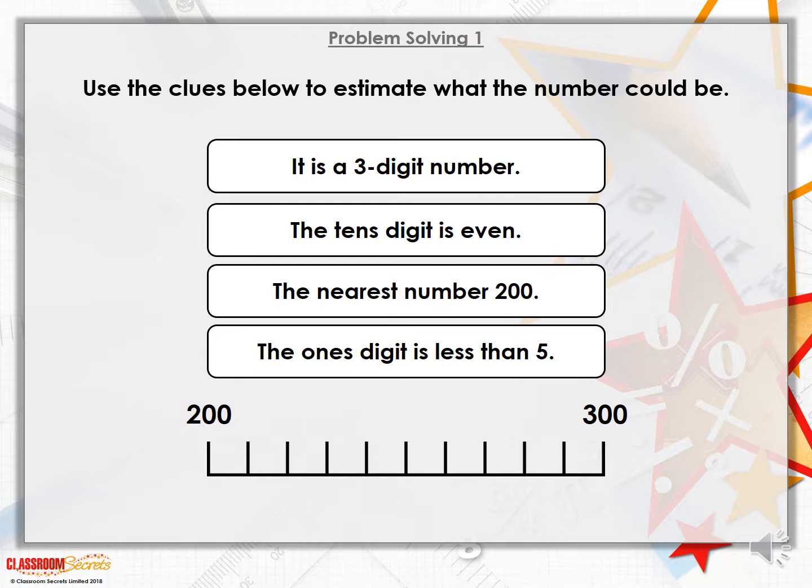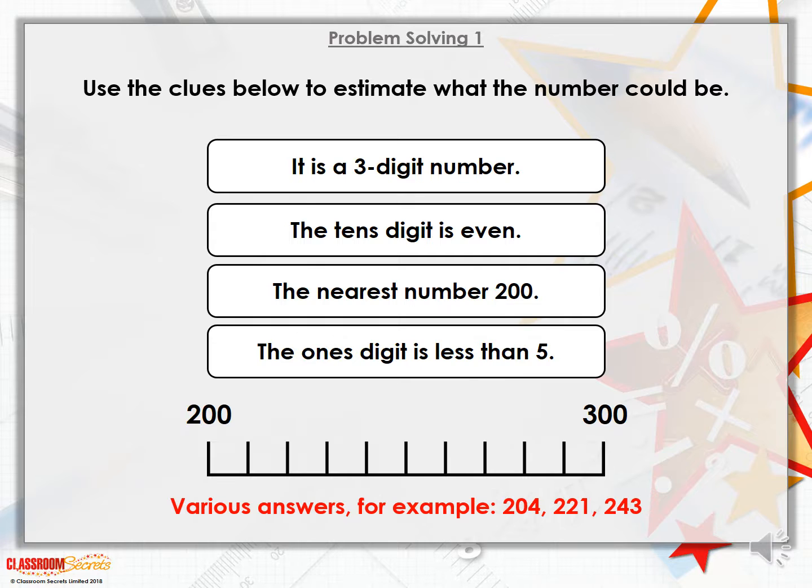So I know that the tens column is either going to be a 2, 4, 6, 8, or a 0, because they are all even numbers. I know that the nearest number is 200. And I know that the ones digit is less than 5. So I can use the clues below to estimate what that number could be. And there's a few different answers that you could have. For example, you could have